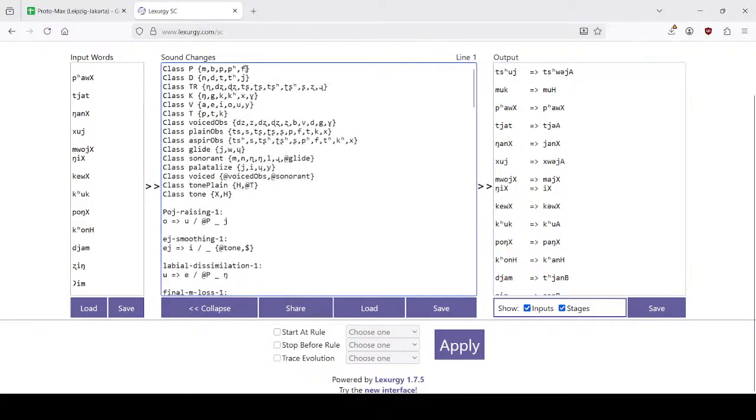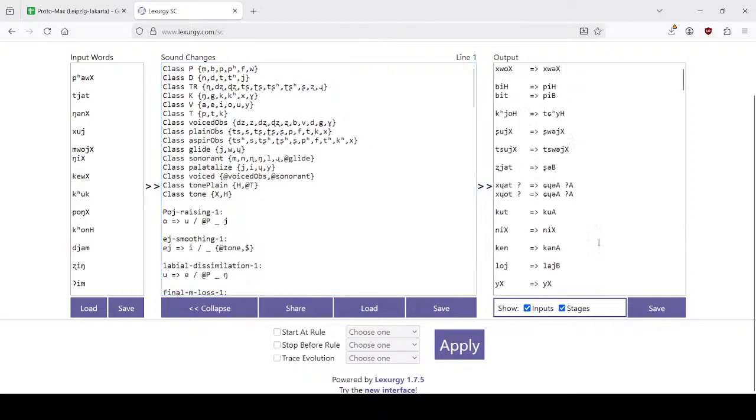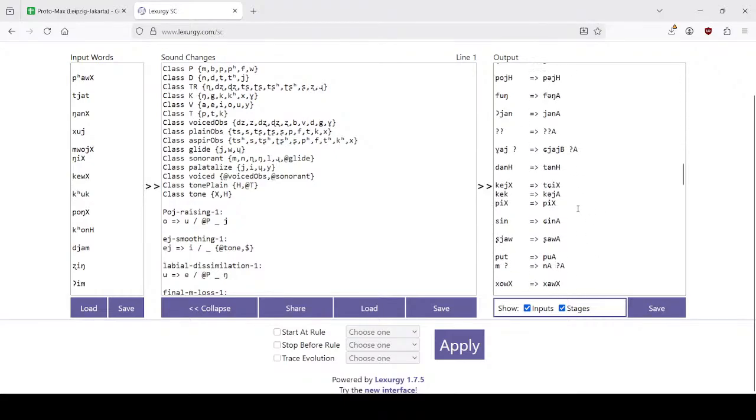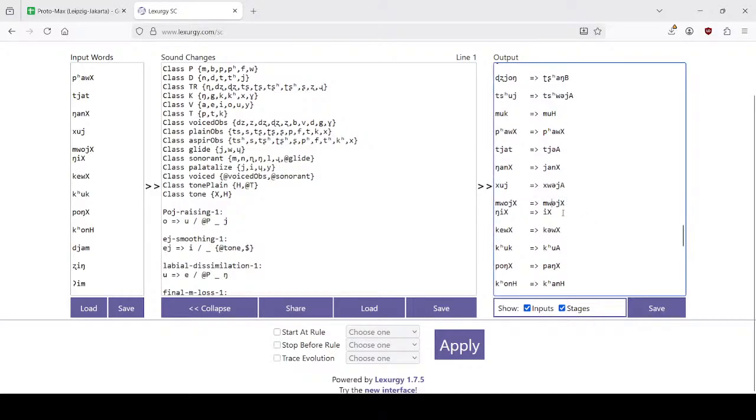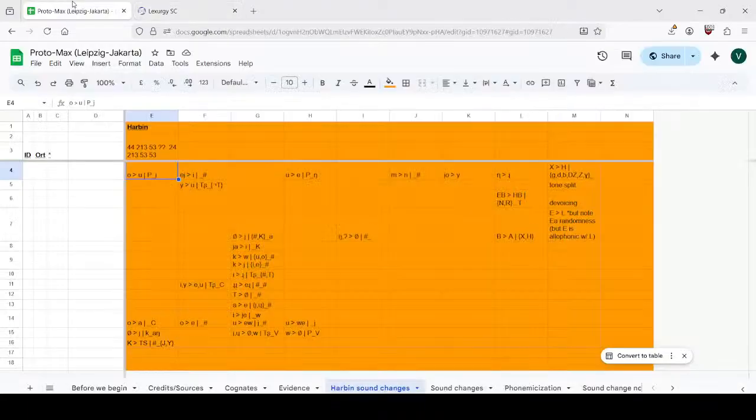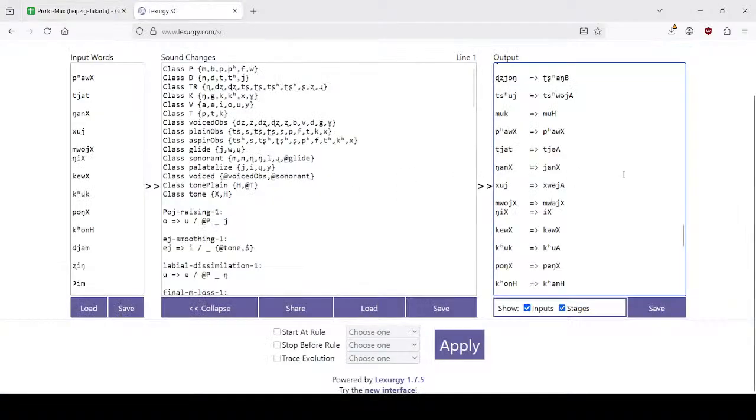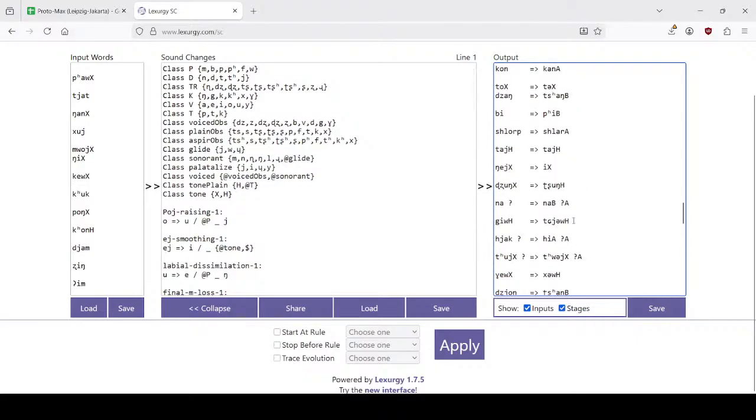Did I not put wa here? I did not. So let's do that. And then let's apply that and see why. Okay, that's good, which means probably that we could push the dropping of m as early as possible. So to null at the beginning of a word followed by a wa, and that's specifically a wa.